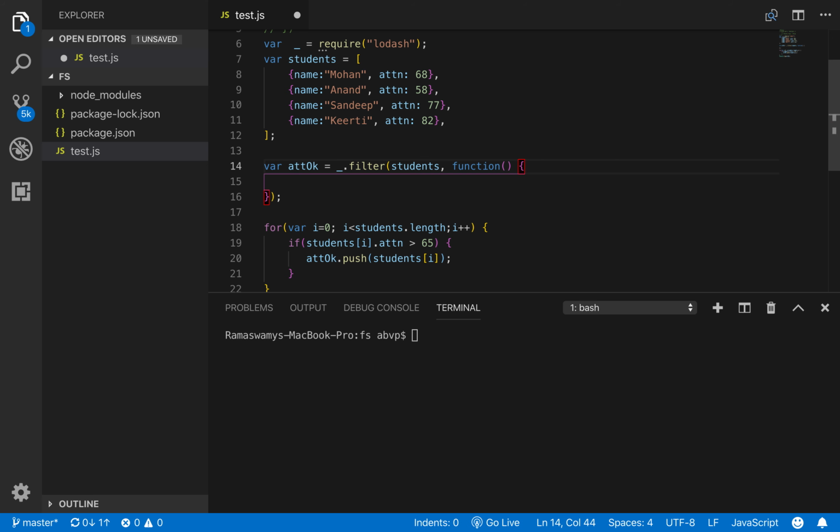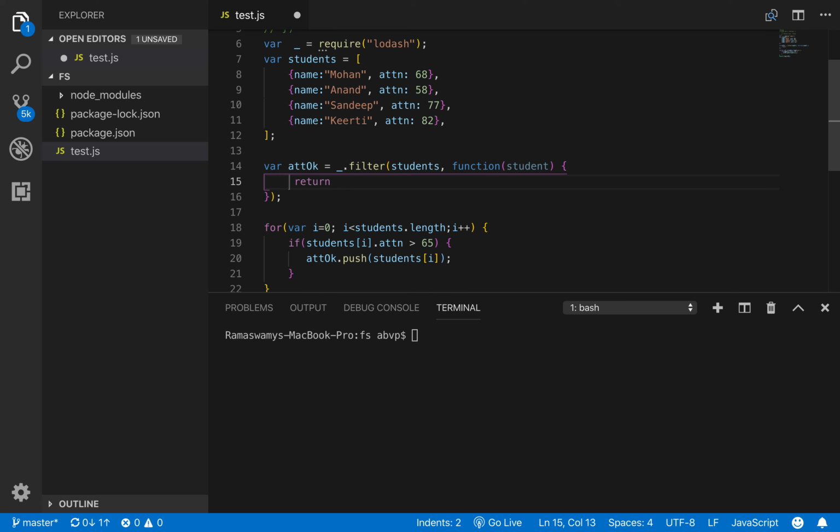So this function takes a parameter or an argument which represents our individual student. So let us name this argument as student. So for each student within the array students, let us return a boolean value.